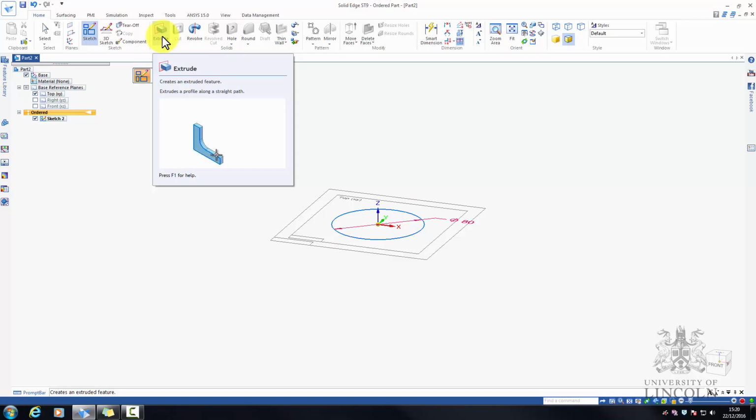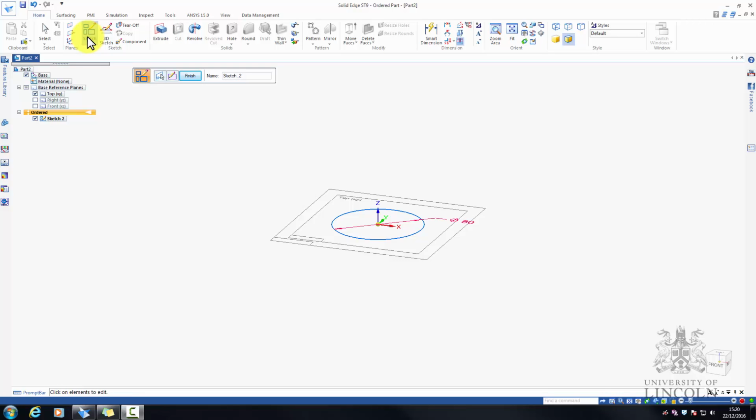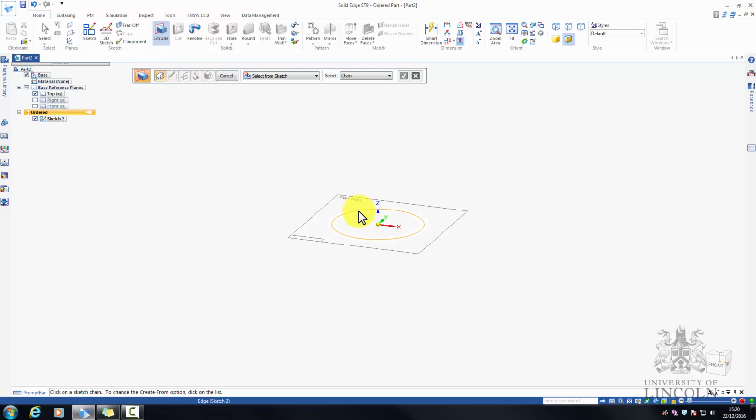So you can see here, if you hold your mouse button over any of the buttons on the ribbon, then you will be able to get a preview as to what this particular tool does. So I'm going to go back to extrude, and then I'm going to select the shape. Now it's important here that you notice when you're extruding things, you can choose lots and lots of different options as to where the geometry is coming from. I've already created a sketch, so I'm going to select my geometry from a sketch. Hover over, goes orange, left click, tick,